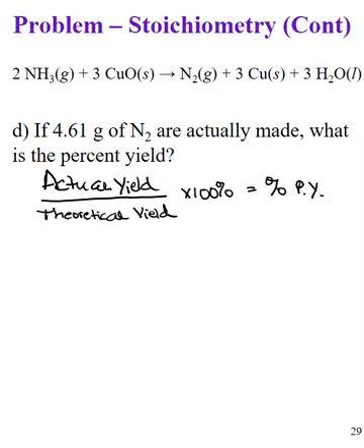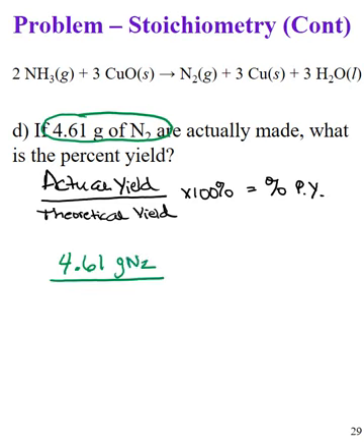So we have to find our actual yield. First, what is our actual yield? This number, this is what you actually found in lab. So 4.61 grams of N2